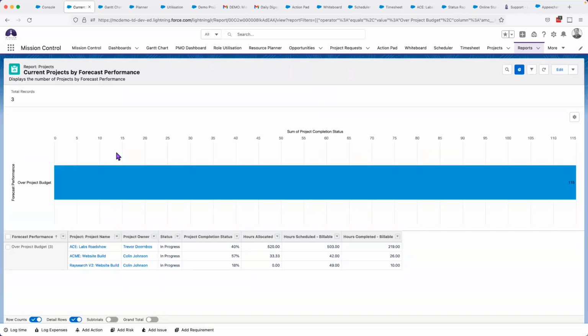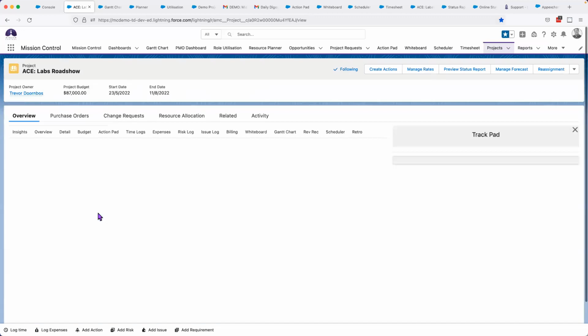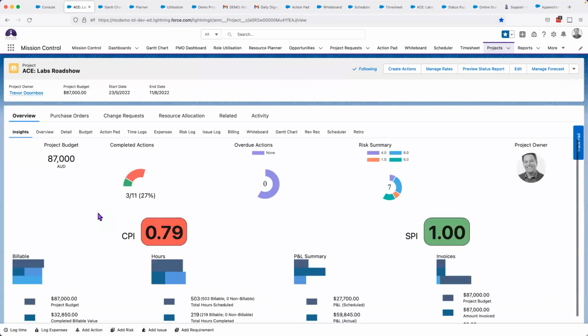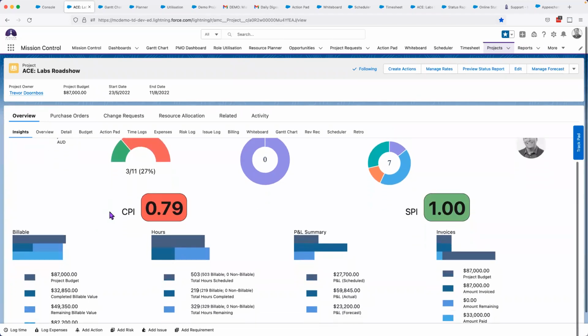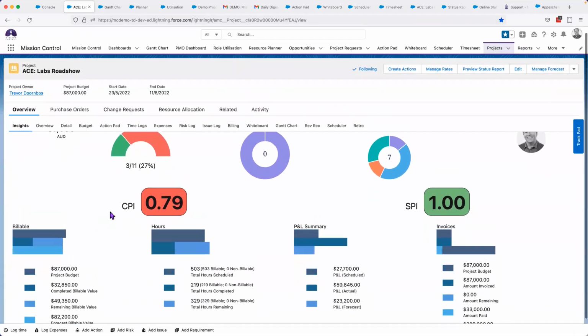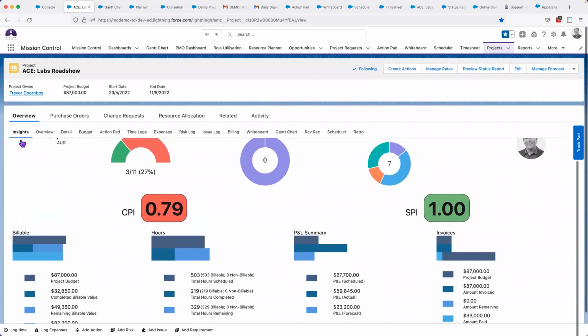We provide a number of those out of the box. And I can see my metrics for the projects. I can drill through into my labs roadshow and get a bit more detail on what's happening. Now, I know what I'm looking for. There's a lot of numbers and dollars and everything here on the screen, but under the project insights, I can